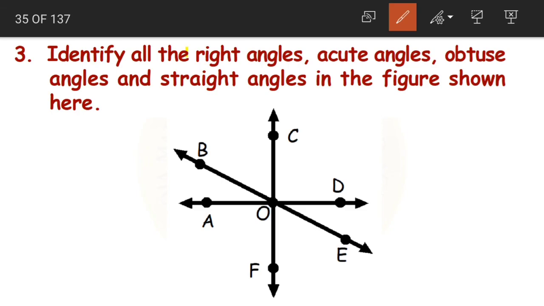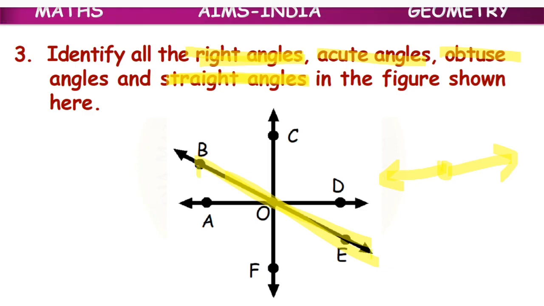Let me highlight here. We've learned about right angles, that are the angles that are in L shape. Then we've learned about acute angles, the angles that are smaller than right angles. Then obtuse angles, the angles that are larger or greater, bigger than the right angles. And lastly, straight angles, the angles that are formed on a straight line. Yes, when both the arms are facing the opposite direction from the vertex, we get a straight angle. I hope this is clear, children.